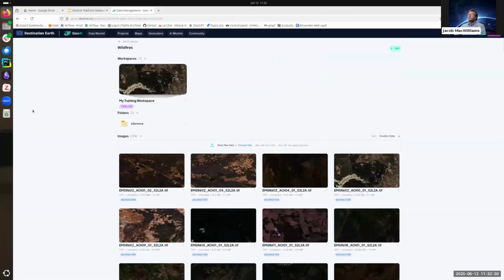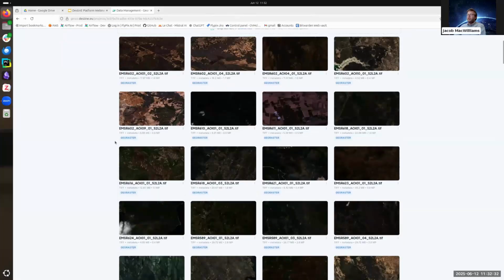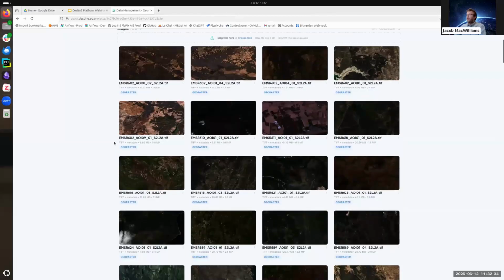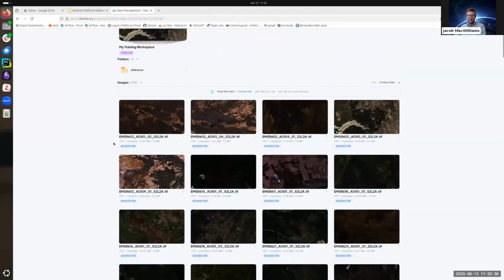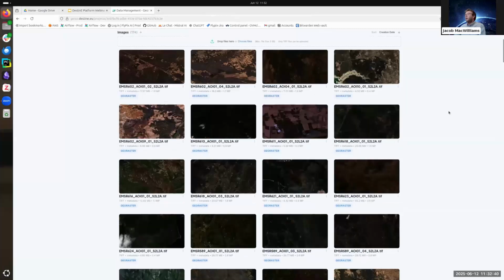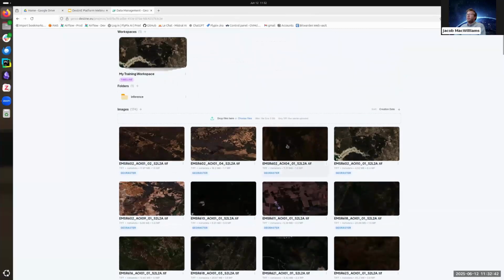And in the Wildfires project, we see that there's all these files here, where before we only had one. Here, the major difference, of course, is that we have a number. And all the files here comprise our data set that was uploaded to the platform. And one of the first things that we want to do when we have a data set is we want